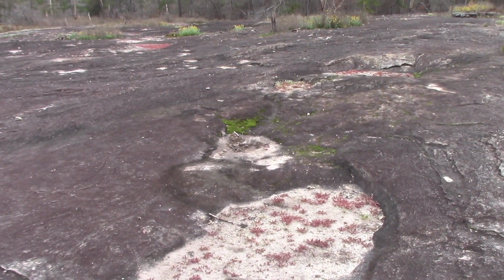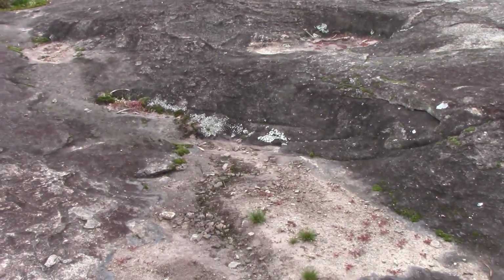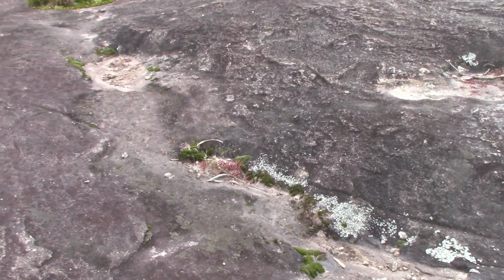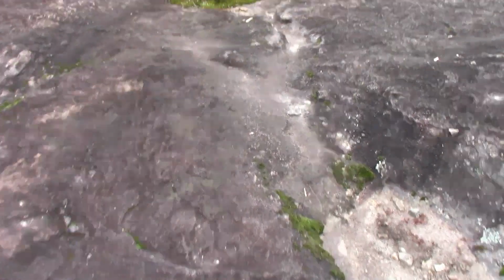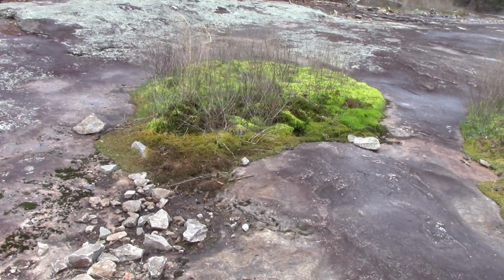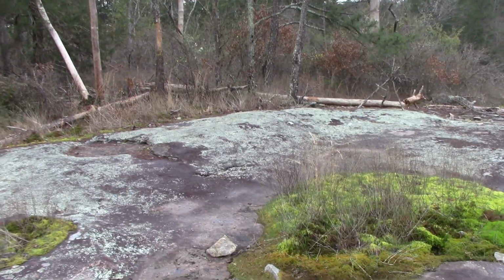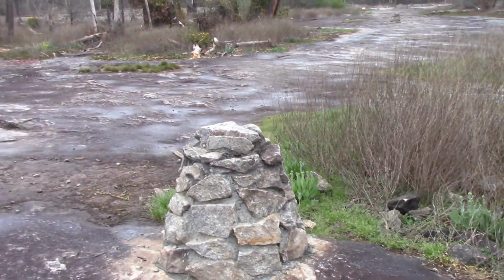We have moss, as you can see. Then we have this lichen. Again, if you can avoid it, don't step on it. And you've got all kinds of little oases of life. This is just a good example of all that plant life. You've got a really cool area of moss, the lichen,